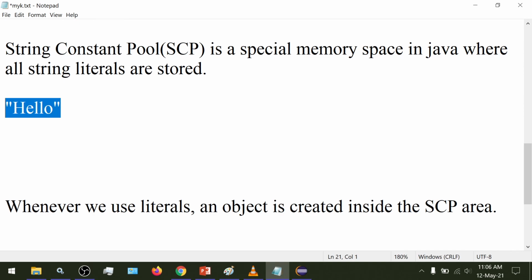So until Java version 1.6, the SCP was inside the method space, but from version 1.7, SCP was moved into the heap space. So from interview point of view, this might or might not be asked, but it is important to know when working with legacy code written in versions prior to 1.7 because the method space had memory limitations due to which the SCP couldn't be expanded and had a fixed size. So from version 1.7 it was moved into the heap space where flexibility for memory space was available.